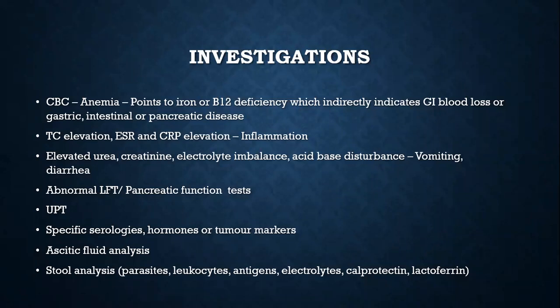Assume a patient is having chronic diarrhea. We are suspecting malnutrition, or an undernutrition. Look at the CBC of the patient. If he's having an elevated mean corpuscular volume, it means he has some B12 deficiency. So the probable malnourishment is involving a structure which is involved with B12 absorption. Remember, B12 absorption takes place in the intestine. So a patient with diarrhea and an elevated mean corpuscular volume could have a disease of the ileum. So even without looking at any endoscopy or any imaging finding, we could localize where the probable lesion could be.